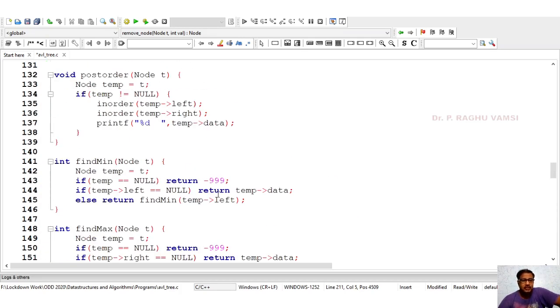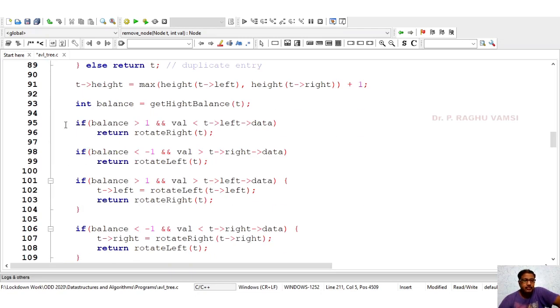In the case of insertion, we have seen, if balance is greater than 1 and value is less than t left data, then we need to check if the balance is greater than 1 and the left subtree has the imbalance. If the left subtree is having left imbalance, then we need to perform the rotate right.